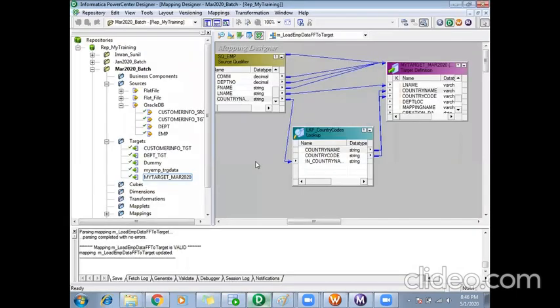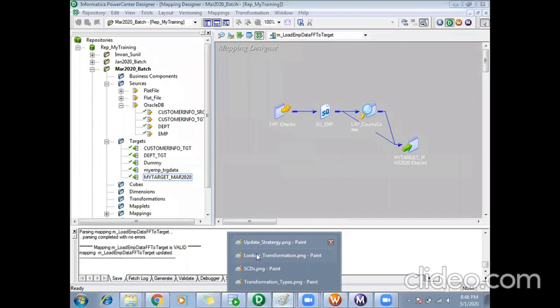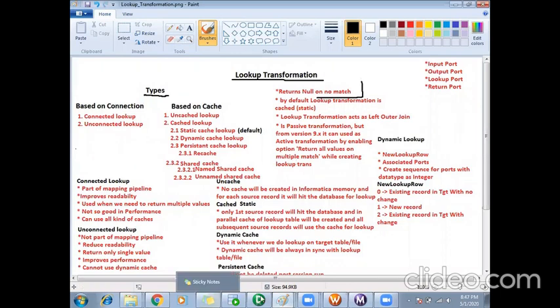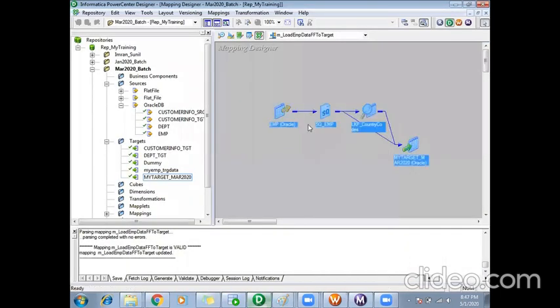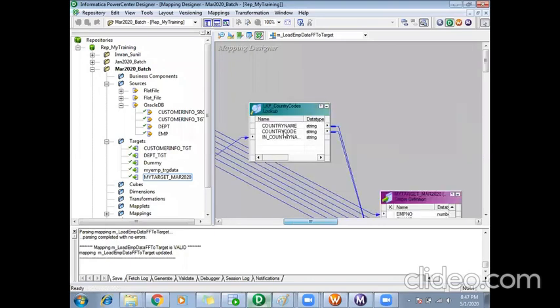Okay, so if we go back to our lookup transformation, the first thing about lookup is it will return a null record on no match. In case there were any countries which didn't match in my lookup condition, then my lookup will return null.